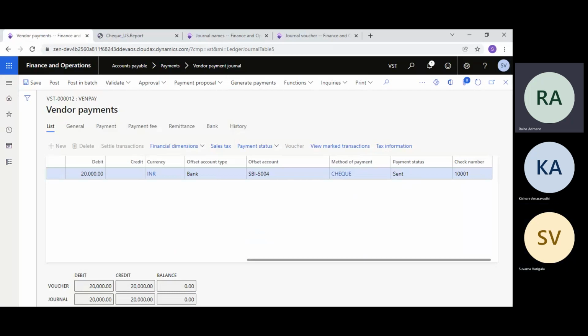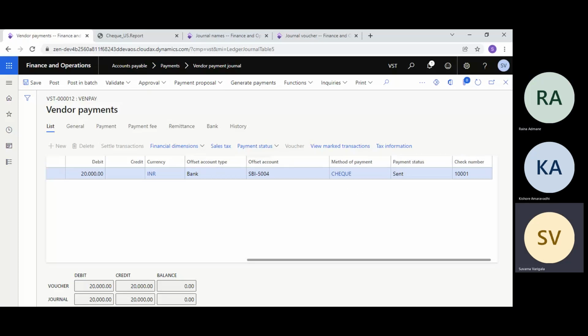But if something happens and the check gets bounced, to avoid the reversal entry, people do it this way. Everything is already done now. Only confirmation is needed. So once the vendor confirms they got the payment, you can post this. Okay. So now consider that you got the payment and you are posting that. So now you can post this.